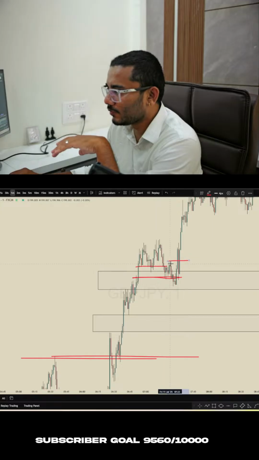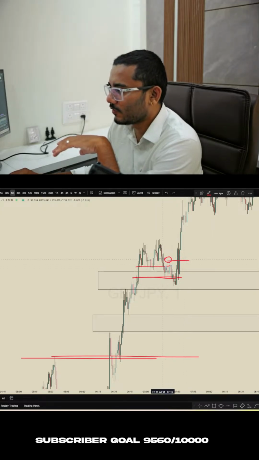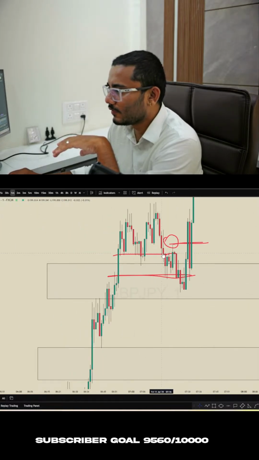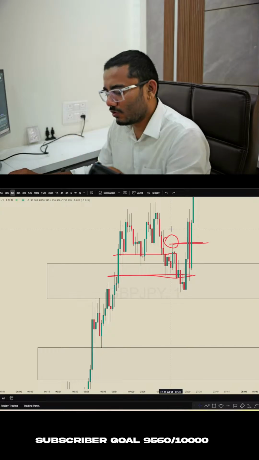You will wait for price to break this previous high, which sweeps out this previous liquidity. That's a good confirmation. If you understand this on the 1 minute time frame, there is this liquidity which was swept by this green candle, and so it's a strong low on 1 minute, right? So if this is a strong low on 1 minute,